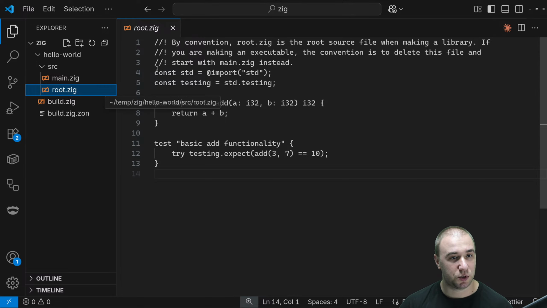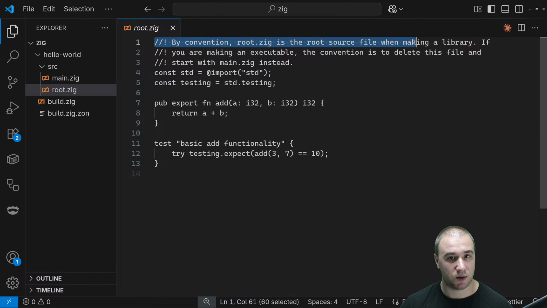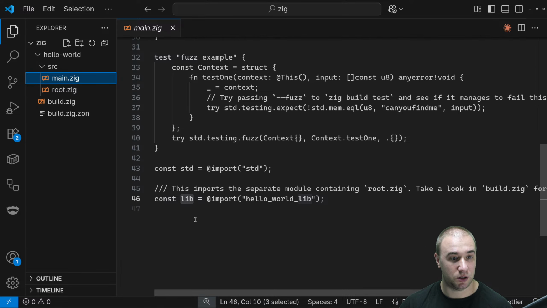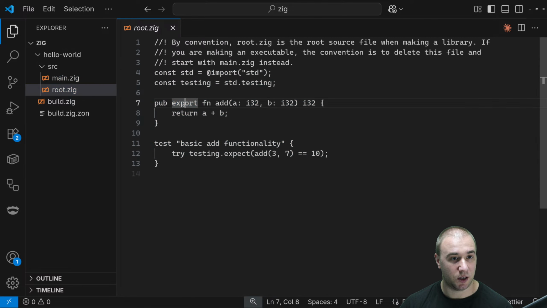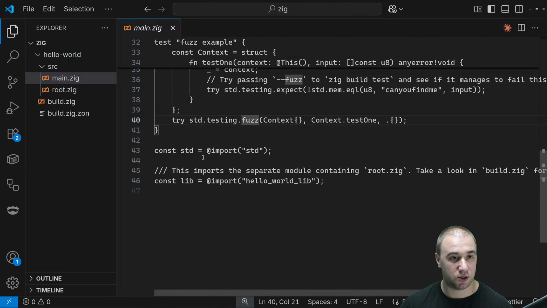And this is the root, which is like if you were doing a library. So the root source file when making a library; if you're making an executable, the convention is to delete this file and start with main.zig. I mean, if we're going to delete it, this will probably start complaining, right? Because I don't know, or maybe not. Export add, and we have some basic add functionality, right? Okay, so let's run